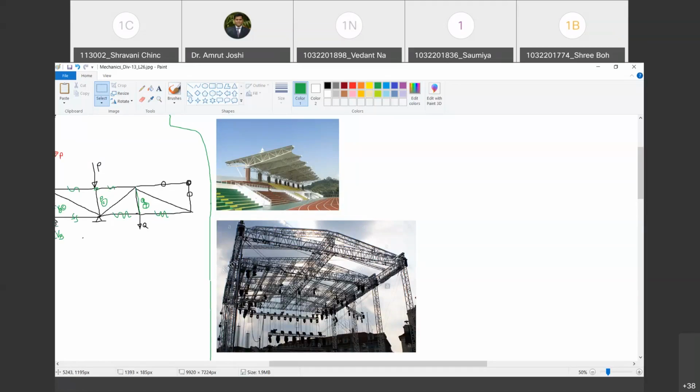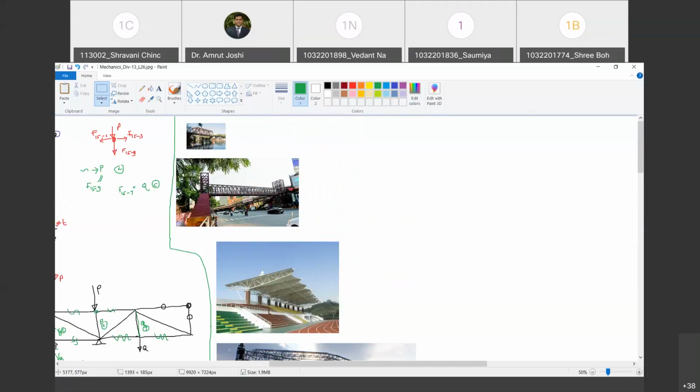Functionality of that stand will be lost. Therefore, I don't want the columns in between. Similarly, here, I don't want a column to be there. It will affect the movement of vehicles. Do you agree with me? Yes, sir. I cannot provide the column in the first example because the soil below the river may not be strong enough to take the load from the column. Yes, sir. There are compelling reasons where I need to go for large spans without columns in between, and I need to go for trusses in such cases because they are lighter options. Are you with me? Yes, sir.